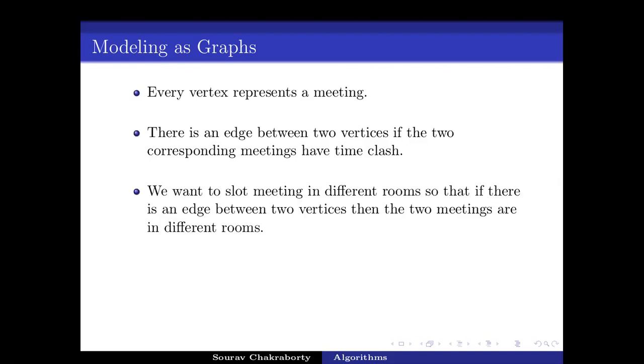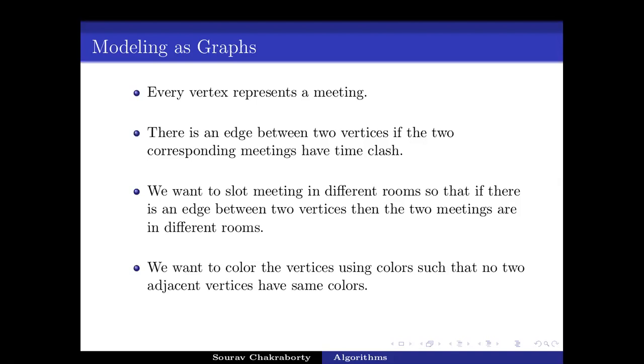So basically the idea is deciding when to schedule meetings in different rooms. If there is a time clash, that represents selecting the minimum number of rooms, such that the vertices in the same room have no edge between them. So let's see an example,